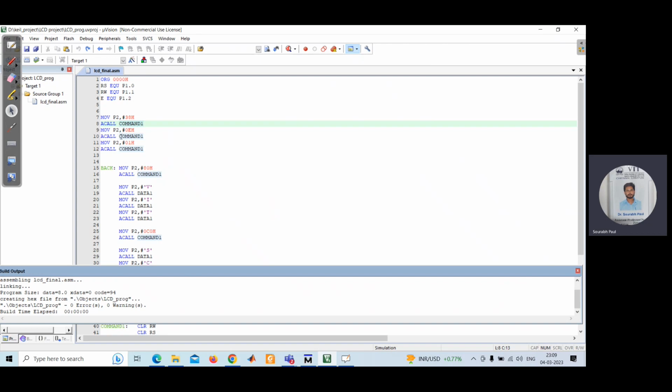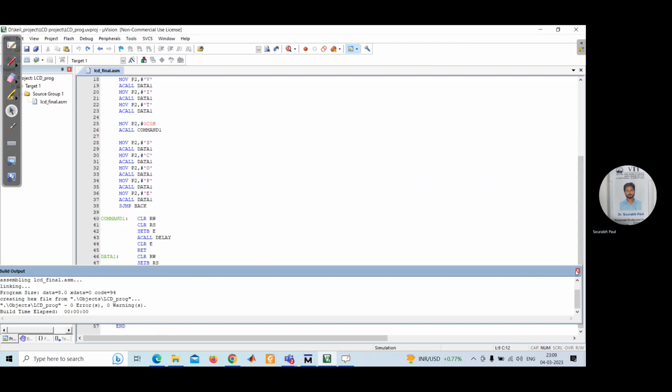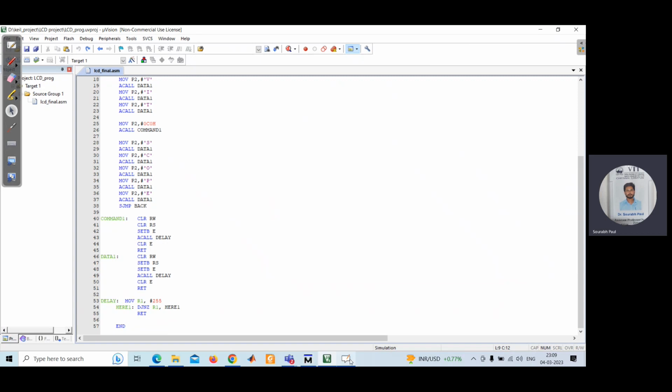Then again I have written ACALL COMMAND1. So whenever we are doing the command operation, I'm going to this command 1 portion. And what this command 1 portion is, I already told